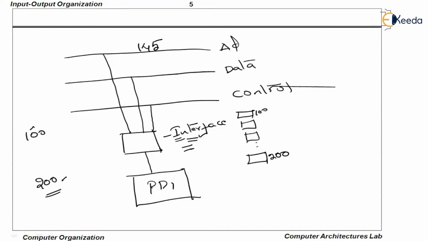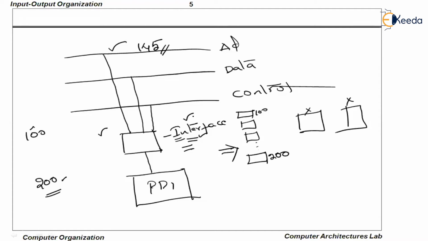So this interface, in addition to the other interfaces, will initially decode this address part. As you know, this address part is falling under this interface. This address part is not falling under any other interface. So the moment this address part is decoded and shown to belong to the same interface, this interface will be completely activated. The other interfaces will not be activated at all because the address part is not falling under those address spaces.